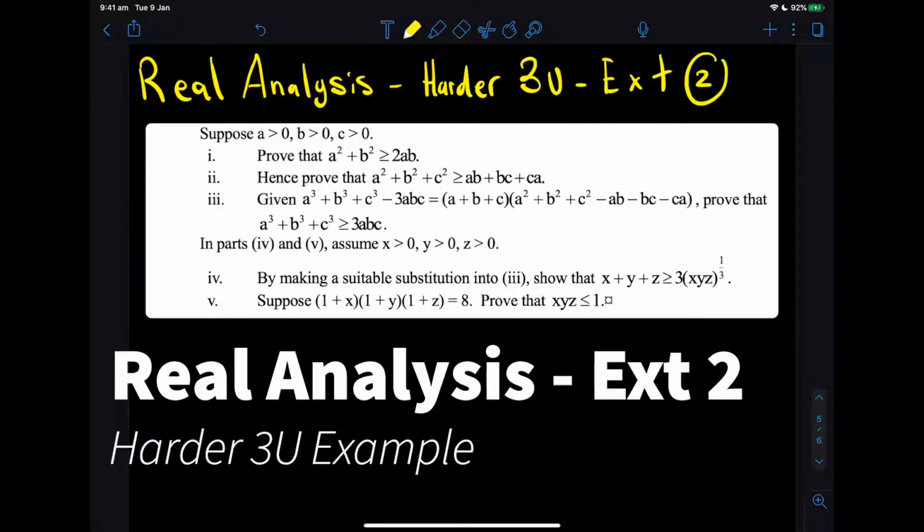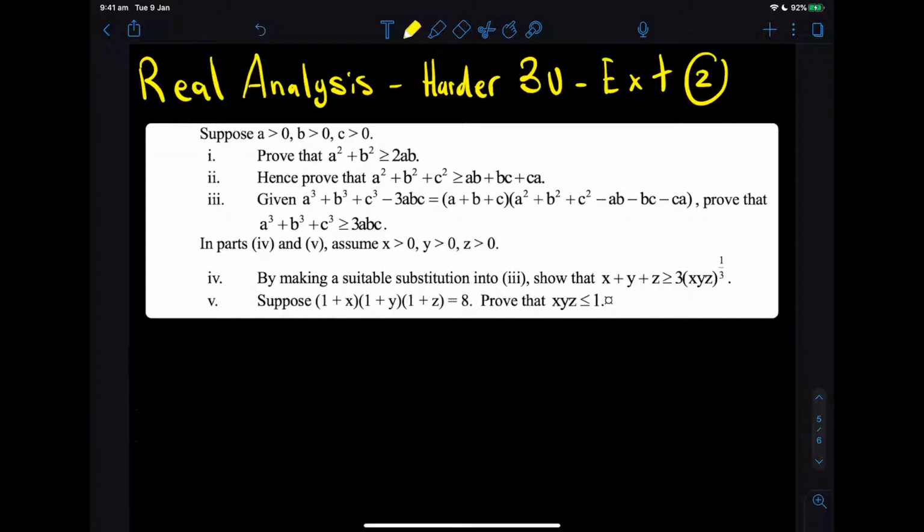Okay, so this is for a real analysis question, part of the harder 3-unit section in the Extension 2 course. So part A says, prove that a squared plus b squared is greater than or equal to 2ab. So how are we going to go about this? We'll take a look firstly at what we know about this problem. So RTP is